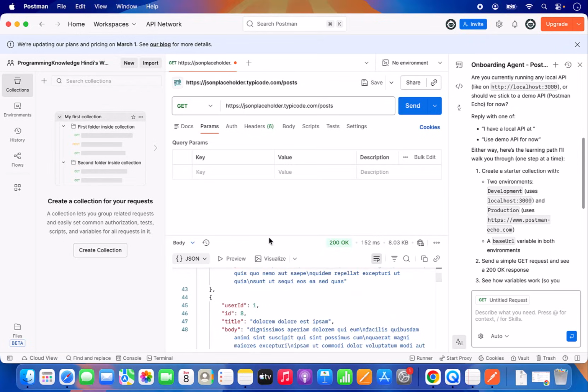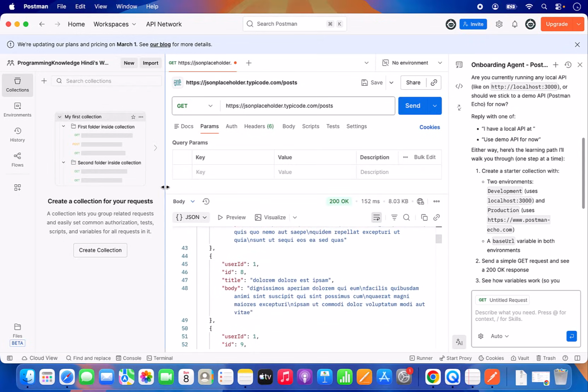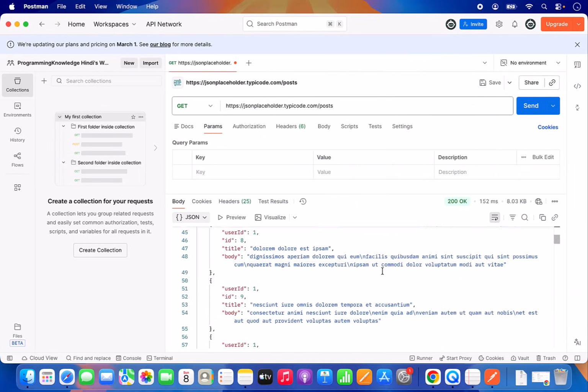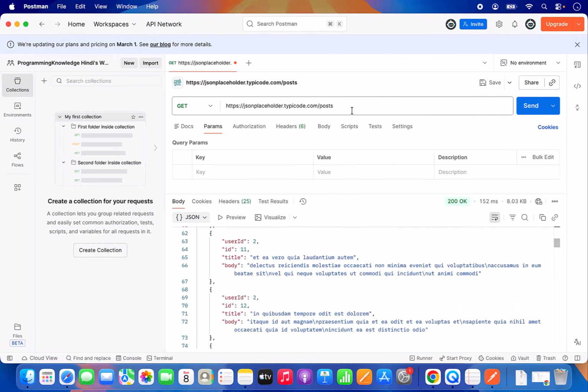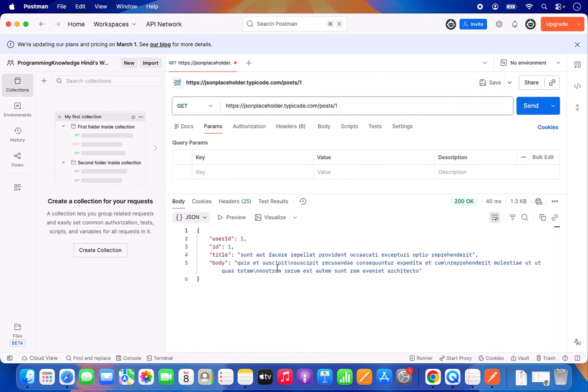So you can see right now I can see the response of all the users or posts, and I can even just click on this close button so that I can see the response in a better way, right? I can just give the endpoint for getting the first post, number 1, and it's going to only give me that output, right? From here, as I mentioned, you can choose the method which you want to send, and then